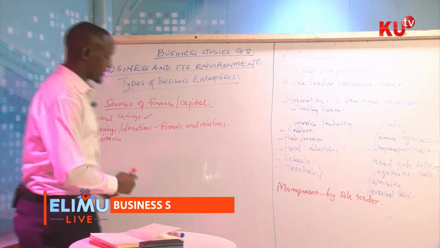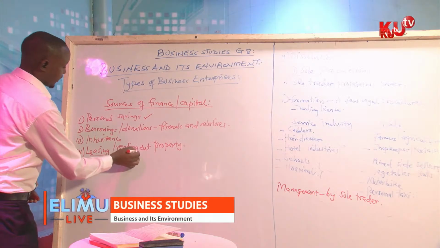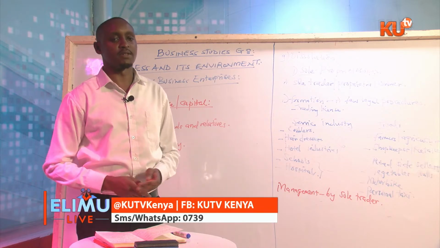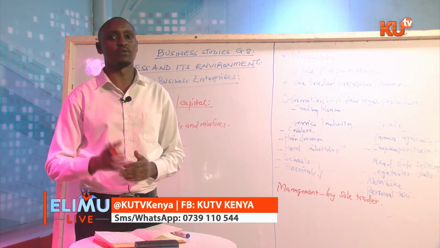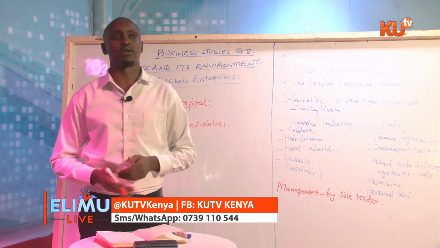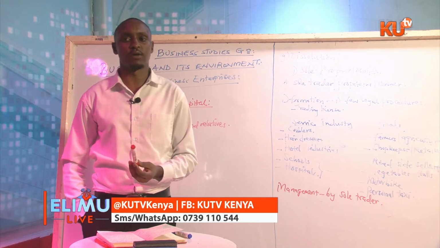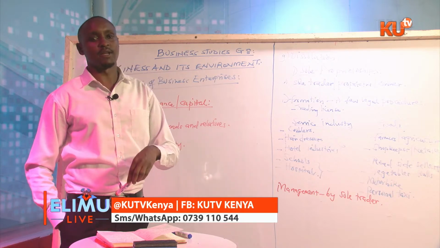Then we have leasing and renting out property. Now, leasing and renting are related words. They are related words, but they mean almost the same thing. When you rent out some property, like most people stay in rented houses, it means you pay for a short duration of time, maybe 1 month. That is renting. So when you have houses, or rooms, or land, you can rent out the land for a short period of like 1 month, get that money, use that money to start and